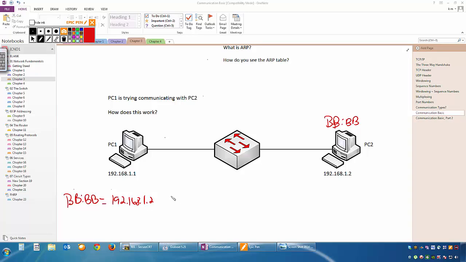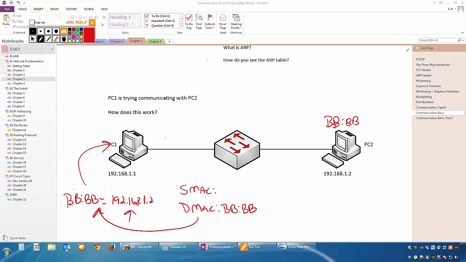If I had this type of information on this PC, PC1, then when I go to build my source MAC, which is easy to do, and my destination MAC, which is not so easy to do, all I would have to do is look in this table and say, oh, I have an entry here for 192.168.1.2, and that MAC is BB. And this is how my destination MAC is built if I had this table.